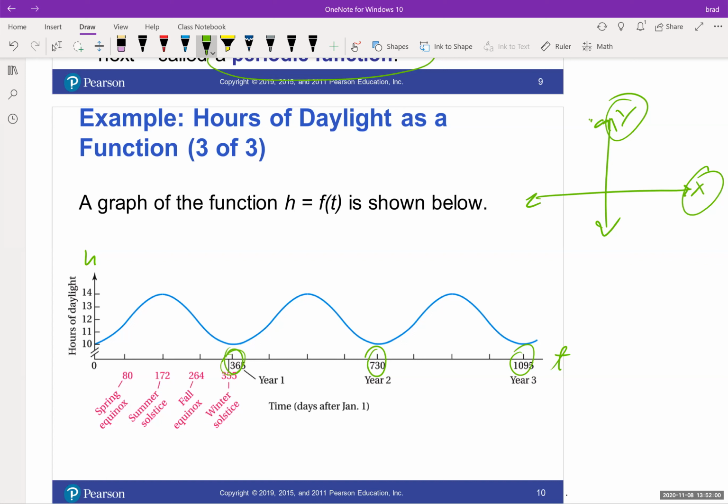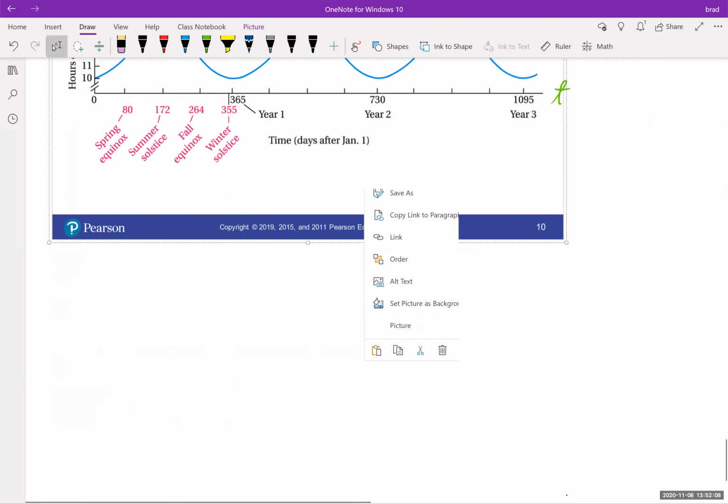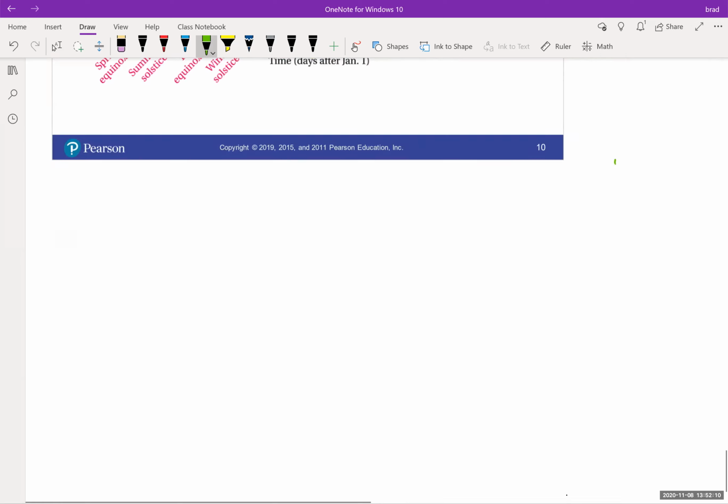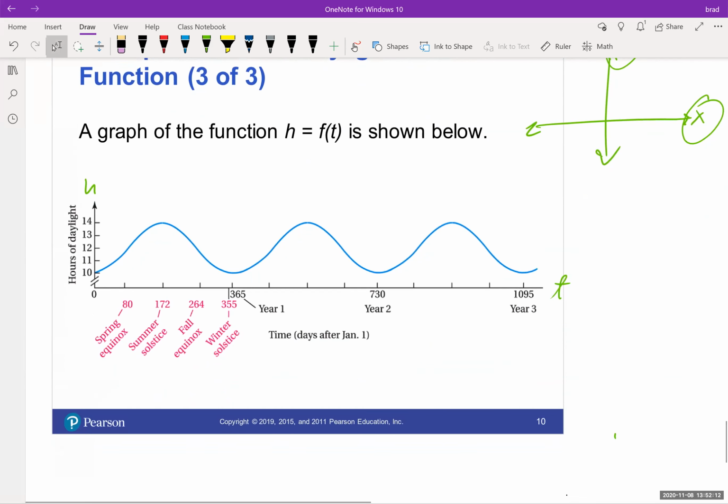So 365 is the first year, double that is 730, triple that is 1095. So they're basically just doing 3 years for us. Okay, now let's see here. If we wanted to know